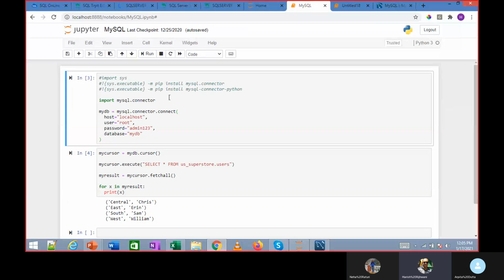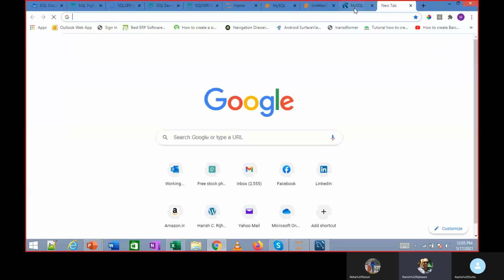In order to connect to MySQL, you need a MySQL connector.